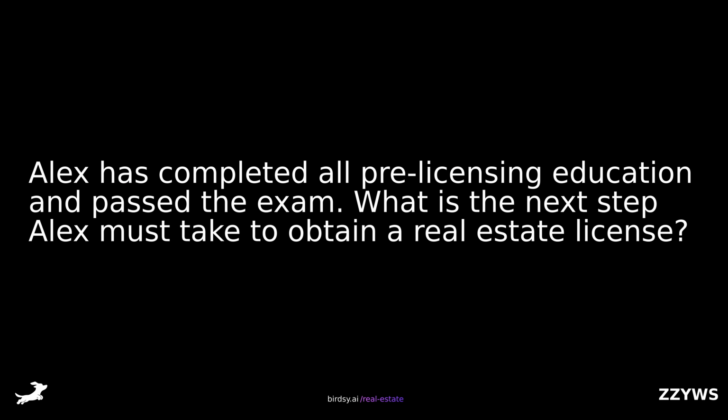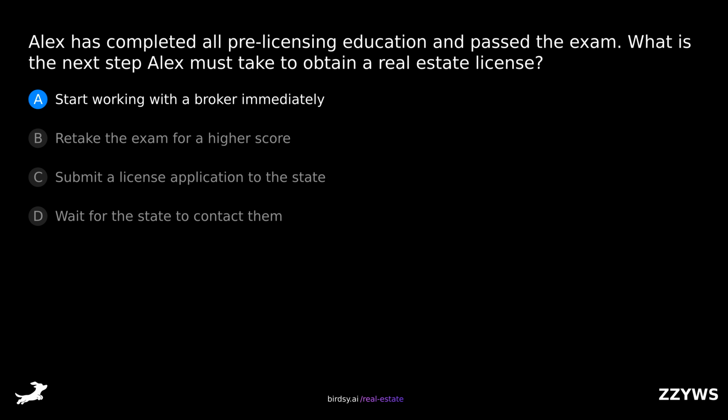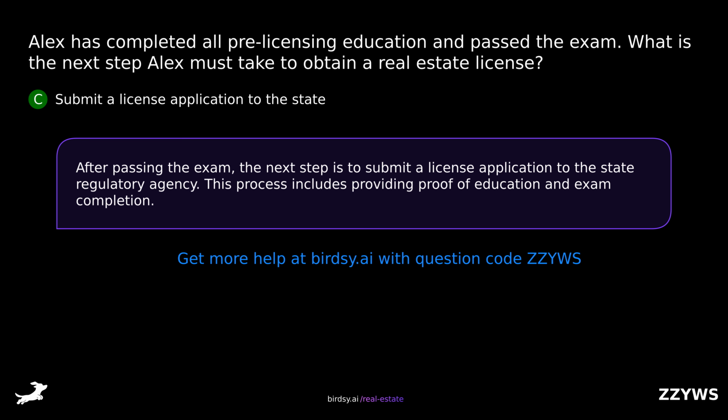Alex has completed all pre-licensing education and passed the exam. What is the next step Alex must take to obtain a real estate license? Is it A, start working with a broker immediately, B, retake the exam for a higher score, C, submit a license application to the state, or D, wait for the state to contact them? The answer is C, submit a license application to the state. After passing the exam, the next step is to submit a license application to the state regulatory agency. This process includes providing proof of education and exam completion,